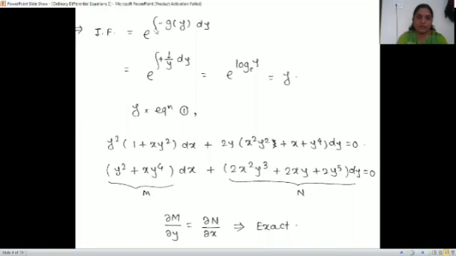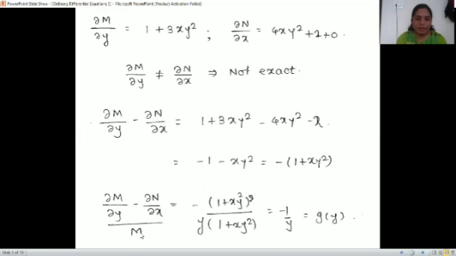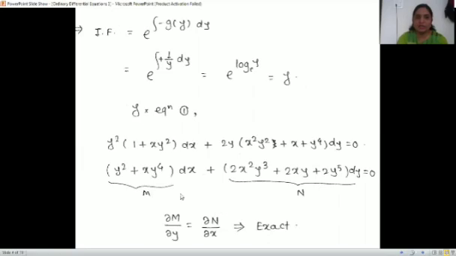Then we know the integrating factor is either we can divide by minus M, or whatever, if we are not giving the minus sign here, whatever is g of y, we can give the negative sign later, or if I let it be as it is, then we can give the negative sign in the formula. So the integrating factor is e raised to minus integration g of y dy. g of y is minus 1 upon y, so there is a minus sign, so it is plus 1 upon y dy, that is e raised to log y, which is nothing but simply y.